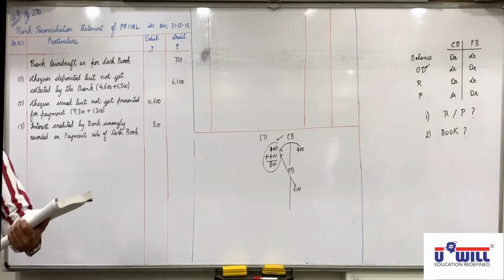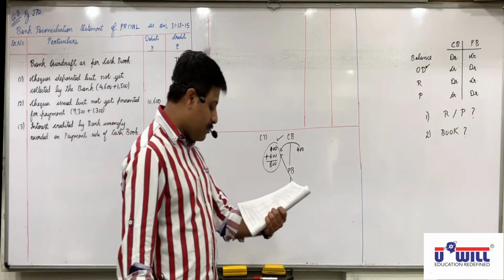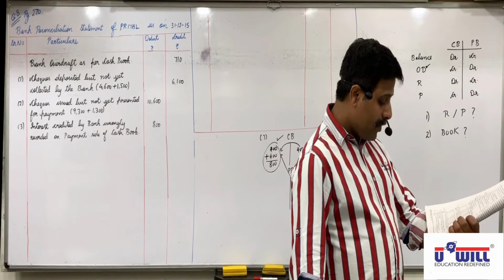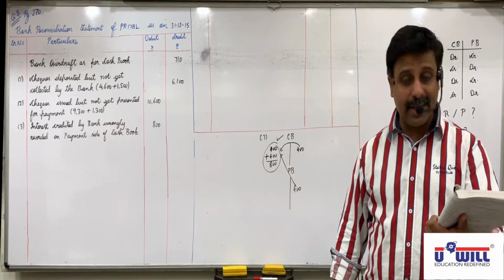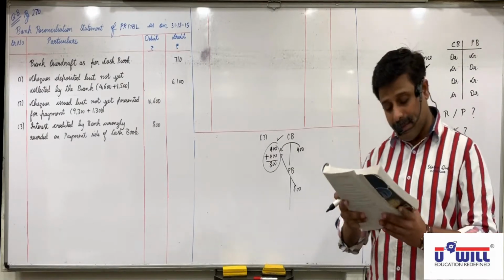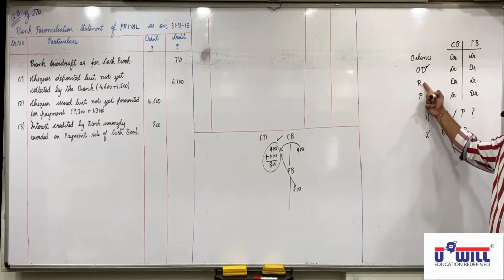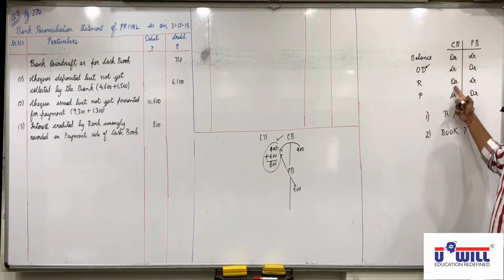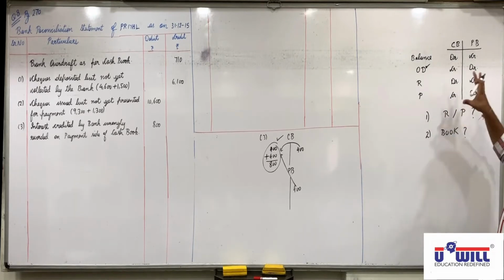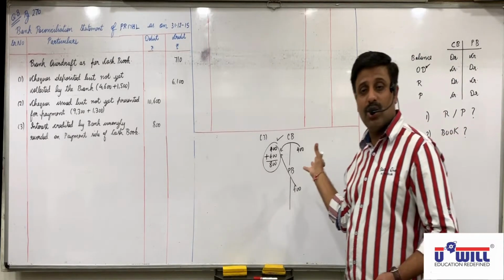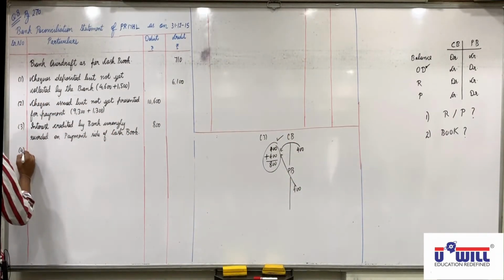Next. Bank has collected dividend of rupees 360 on behalf of Priyal. We are making it for Priyal, which is not recorded in cash book. Now tell me, collected the dividend, so is it a receipt or a payment? Receipt. And it is not recorded in cash book, so debited. Yes. Bank has collected the dividend means bank has credited in passbook, but it is not yet debited in cash book, so debited.